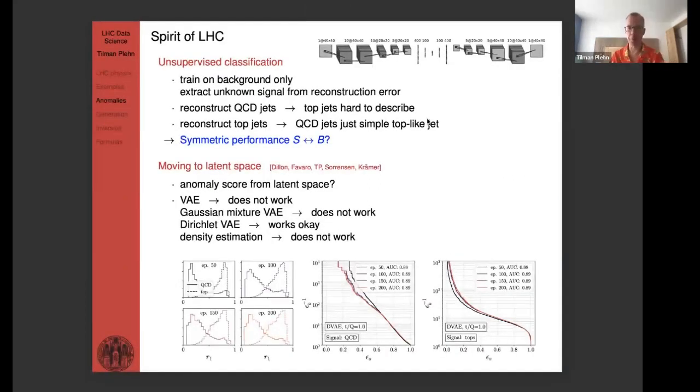Okay, so one of the things we try to do with the group here in Heidelberg is to understand the structures of this bottleneck, the latent space. And you can do that. People are doing this by going from an autoencoder to a so-called variational autoencoder, which just induces a structure in your latent space. The thing is, when you do this analysis of QCD and top jets, you notice that you learn exactly nothing from it. It doesn't make your regular autoencoder any better in any way. It just doesn't help.